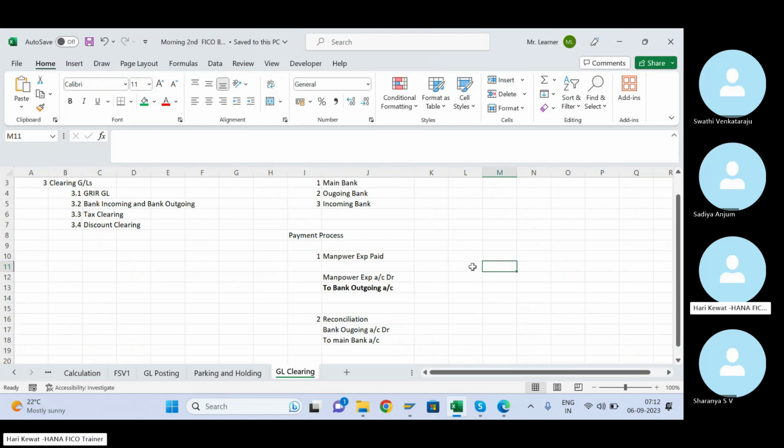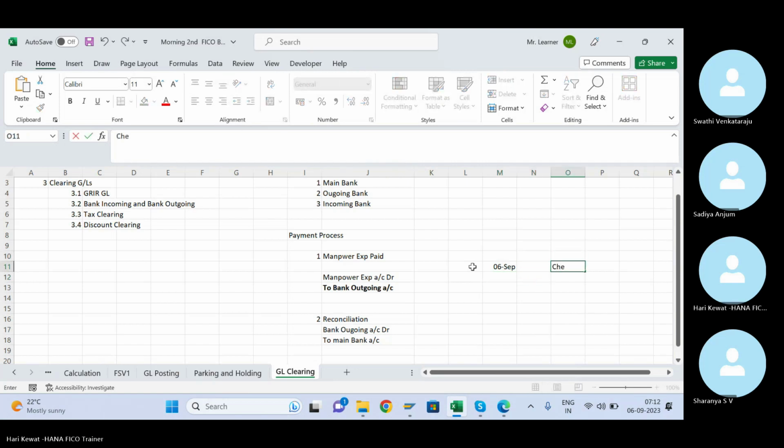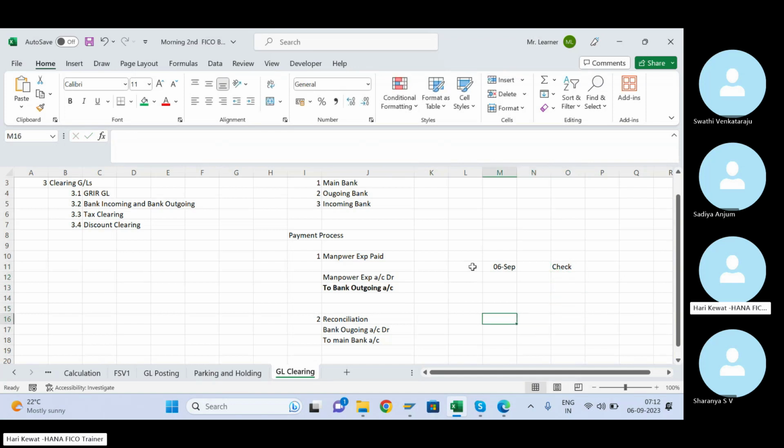Value date is also something they will sometimes ask in the interview. Let's say the due date is 6/6/09. I gave the check today to you, but you can only present it in the bank after 5 days. Let's say on 10th September only you can present it in the bank. Before that, if you present it for encashing, it has no value.